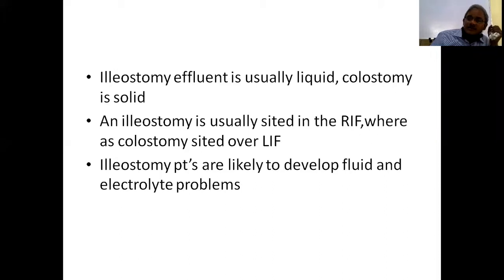And the second thing is, whenever you are doing ileostomy, for whatever reason, what happens is, initially there may be 3 liters, 4 liters, or up to 5 liters of effluent coming, because the colonic function of reabsorption of water and electrolytes will be gradually taken up by the ileum. That will be gradually taken up by the ileum, so that after a few weeks it will come out as maybe 900 to 1300 ml effluent per day. So in the meanwhile he is losing so much fluid and electrolytes. You have to be careful in this regard.